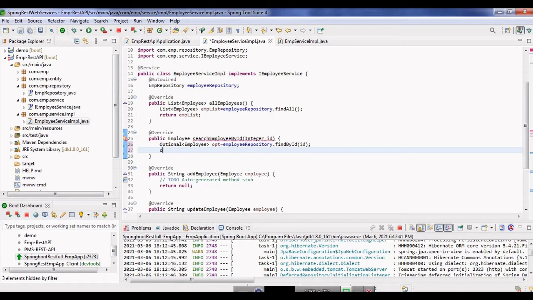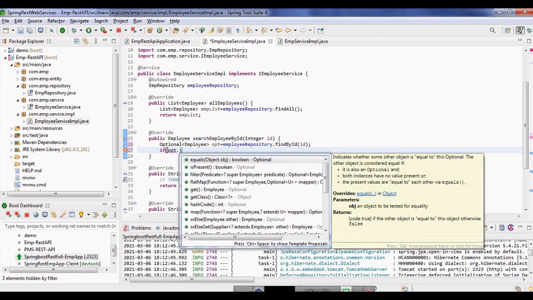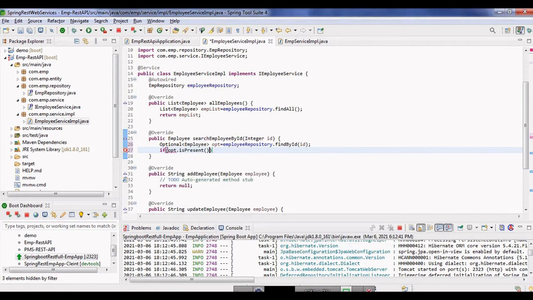So just check with the isPresent method.